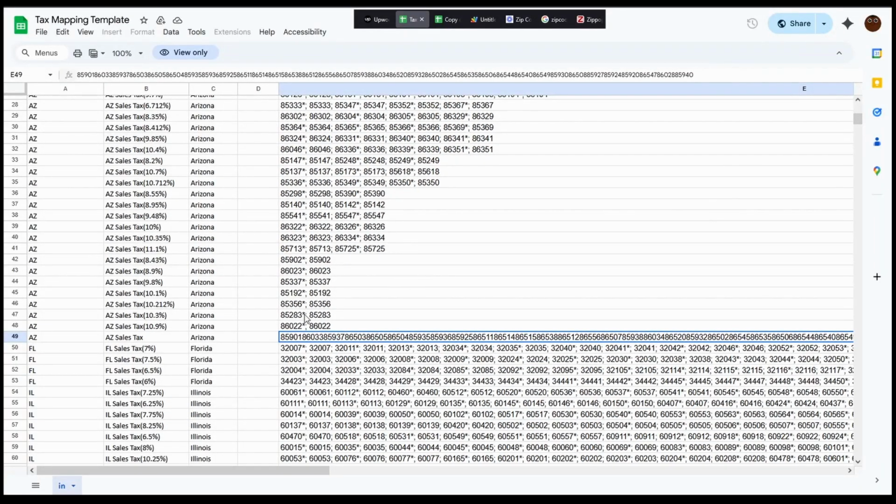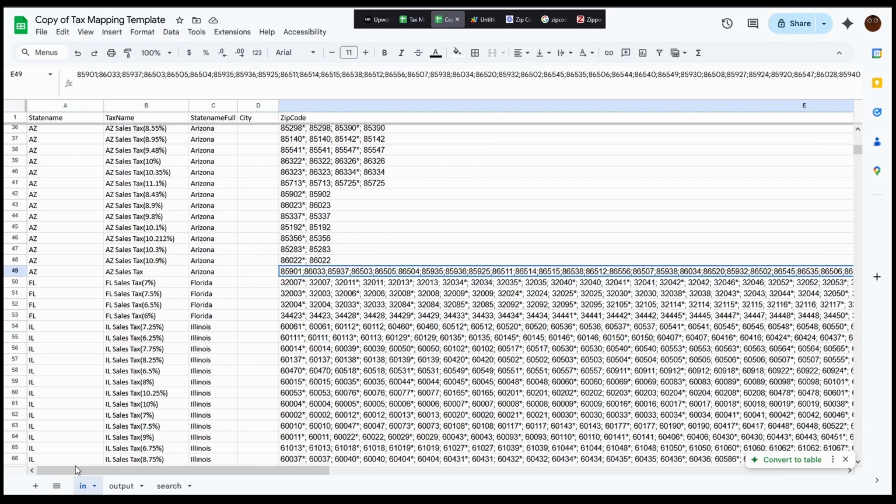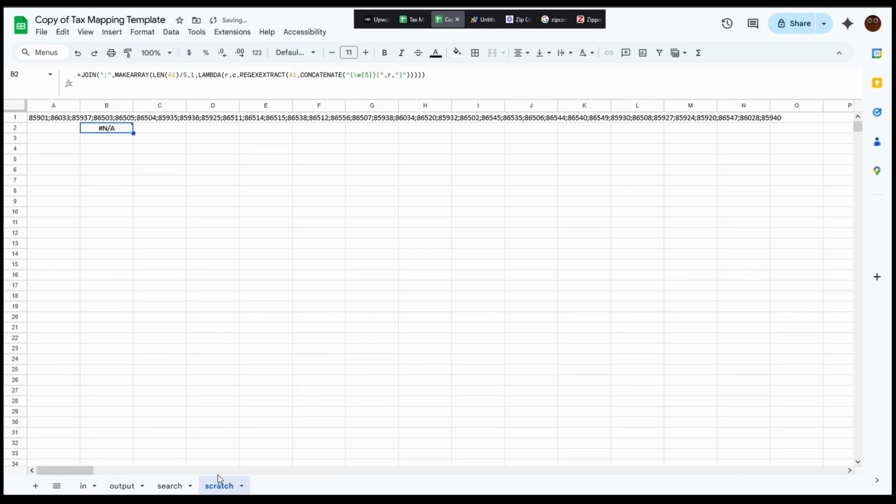And so in order to fix that, I had to do a quick scratch sheet that split this up in groups of 5 and then put it back in, and then I copied that data back into here. And the way I did that was I have this scratch paper over here that is just kind of sitting here